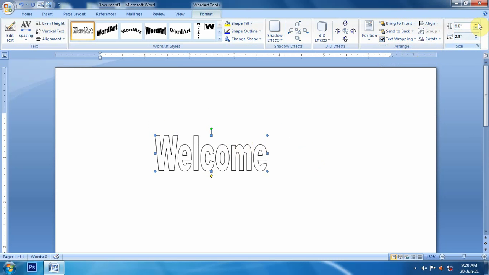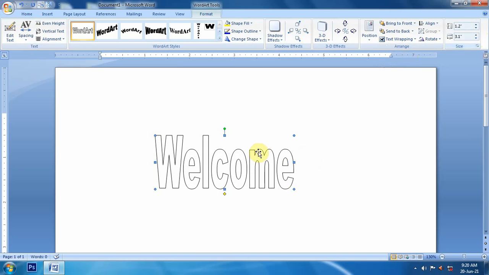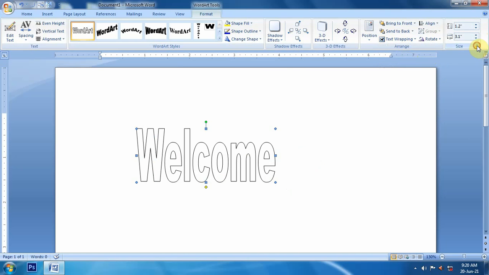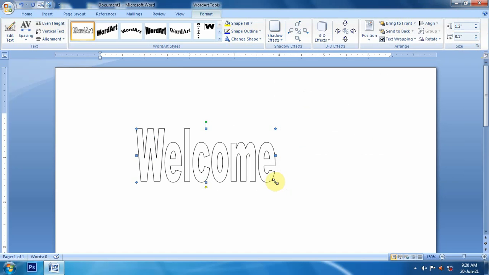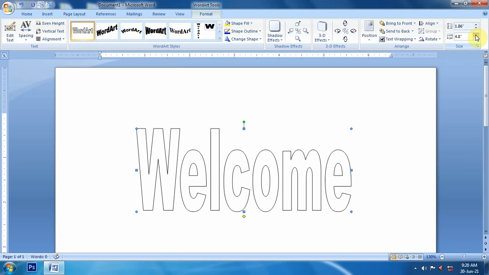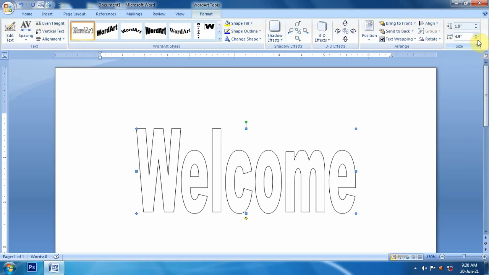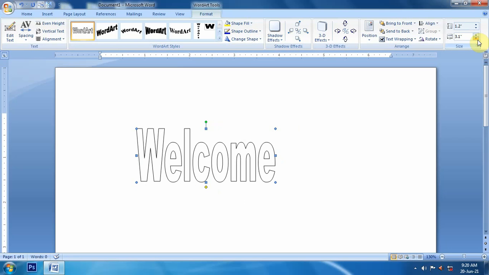If we want to change its size, we can change it like this, but if we want to change size and keep the ratio, we have to keep this option on. Now we can change size in ratio, meaning if we increase or decrease the length, the second thing will change automatically.